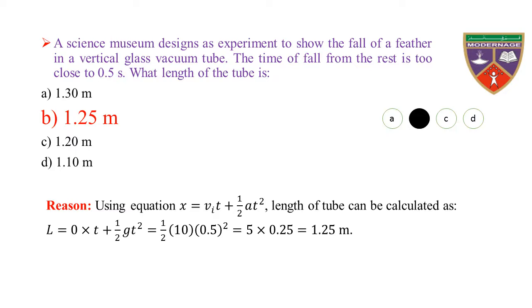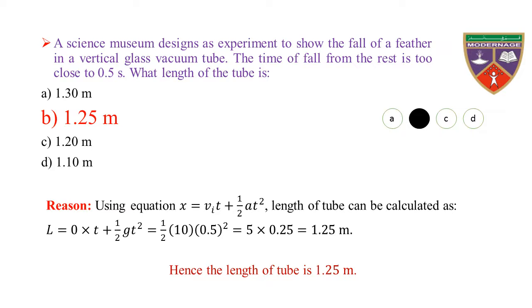Here we have taken g nearly 10 instead of 9.8, into 0.5 whole square, which is equal to 5 into 0.25, which is equal to 1.25 meters. Hence, the length of tube is